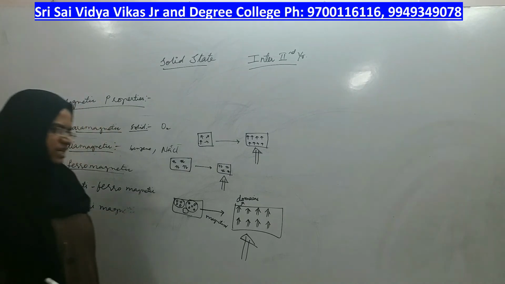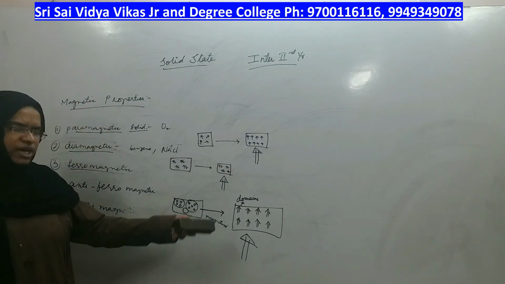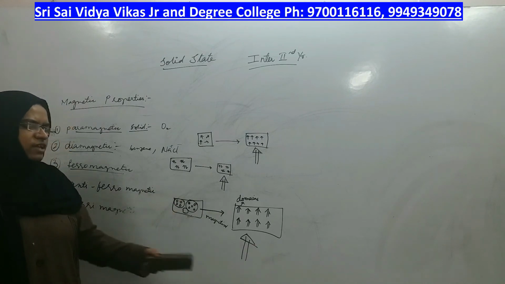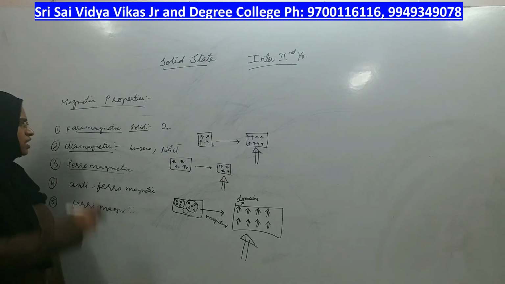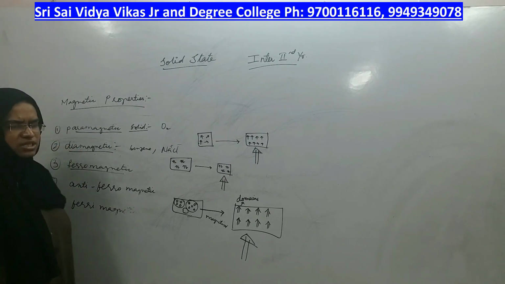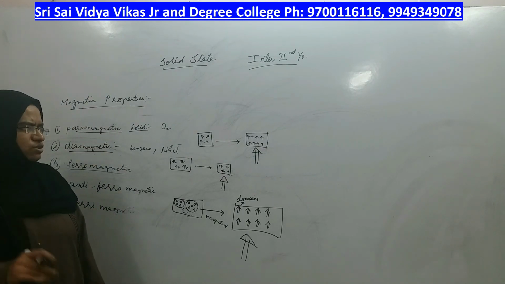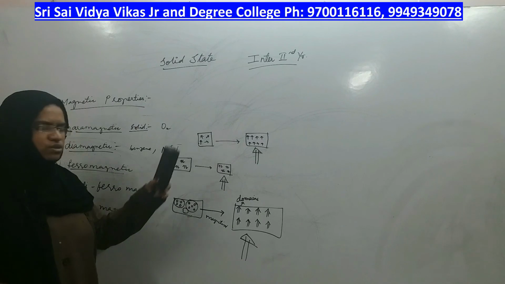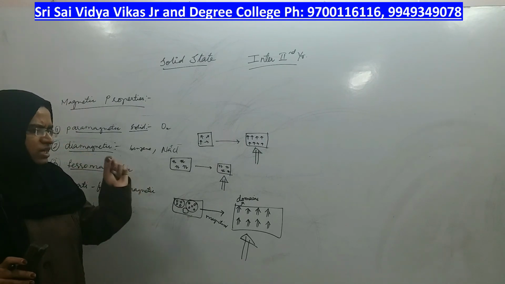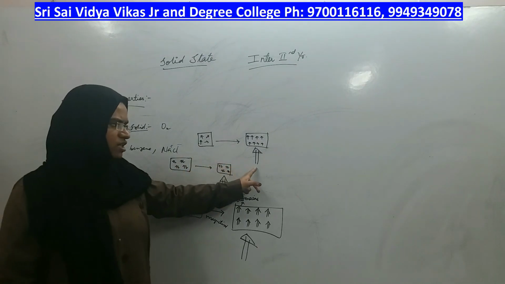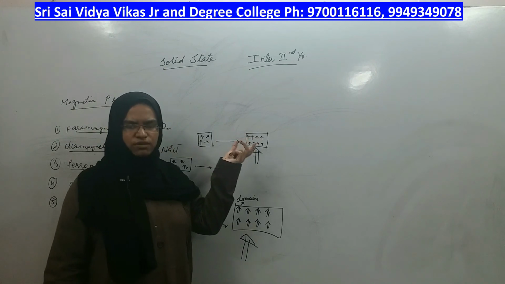Right, the domains get aligned towards the magnetic field. So even if you remove the magnetic field now, they will get permanently magnetized. When you go for paramagnetic substances, in the presence of a magnetic field, they show magnetic nature, but once you remove the magnetic field, they will revert back to their normal state. Their magnetic nature is temporary, only till the presence of the external magnetic field. If the external magnetic field is removed, their magnetic nature also will not be present.